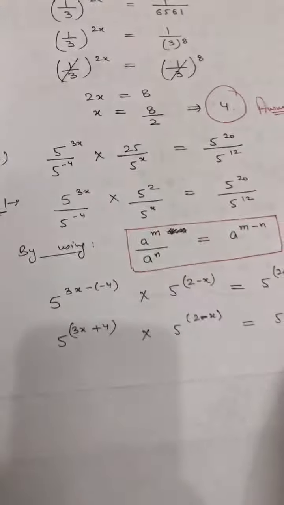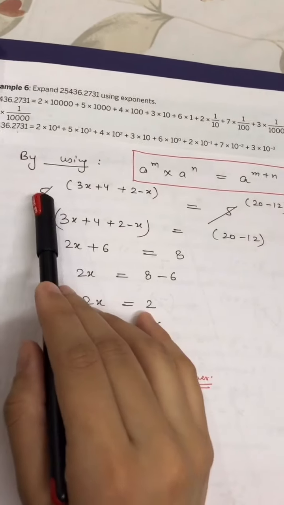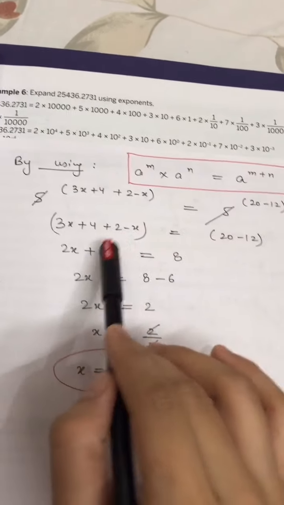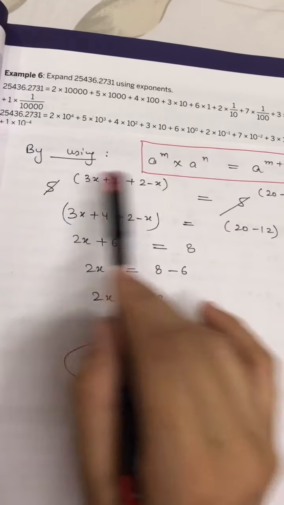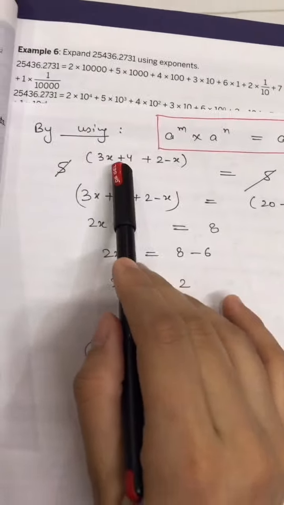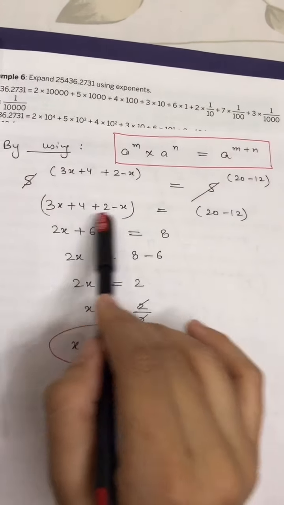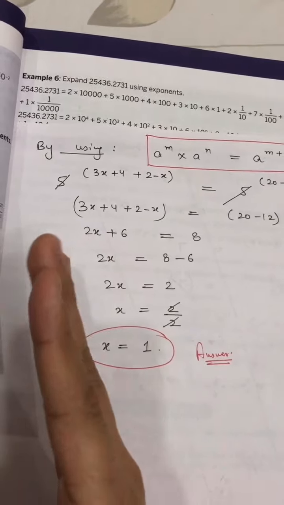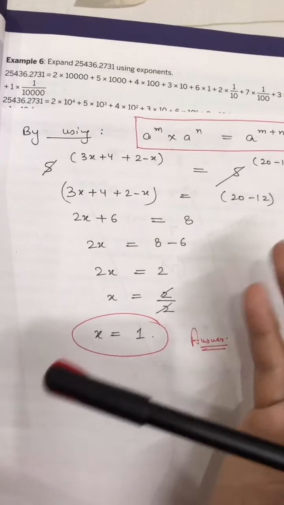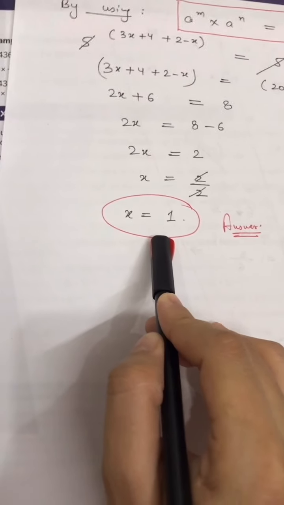Okay, similarly here we have cancelled 5 and 5, because when we cancel the base, then you will be able to equate the powers. Okay, when you cancel the base, you have to equate the powers, and you have to write in this way. Then you have to compute the variables on one side and constants on one side. Then you will get the value of x. So this was your question number 5.